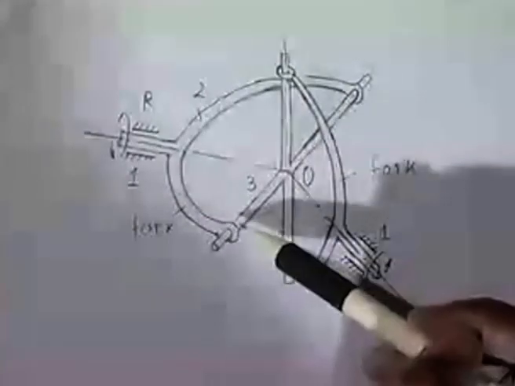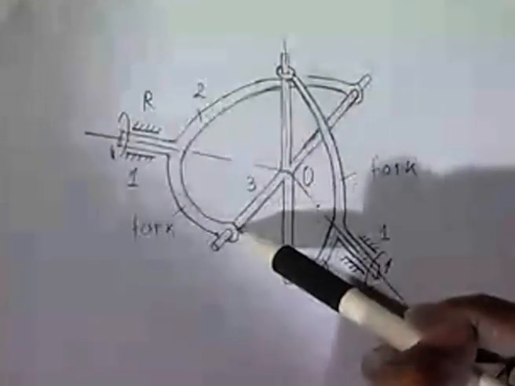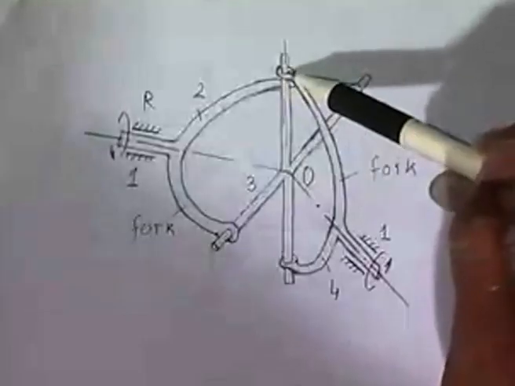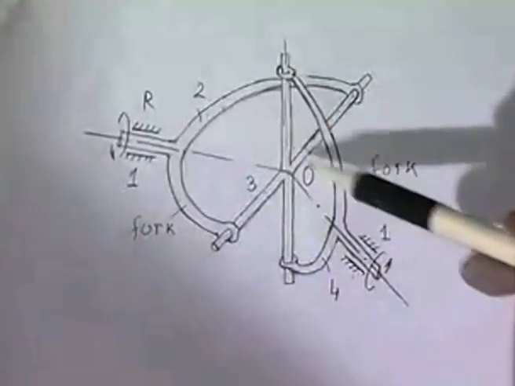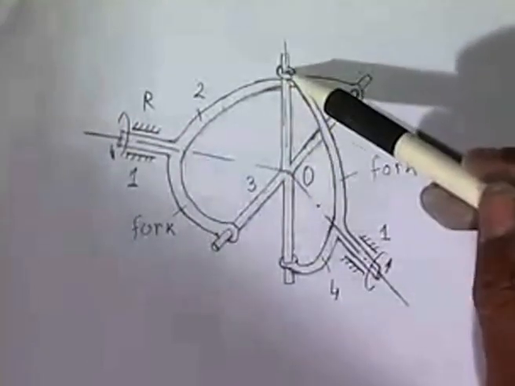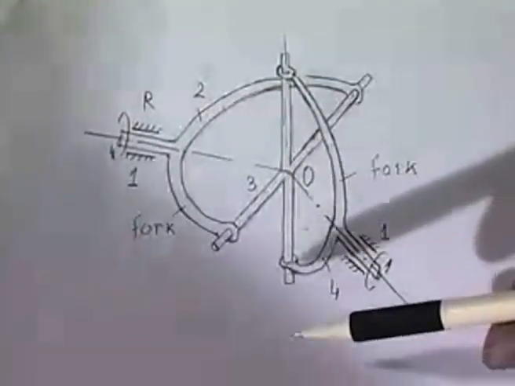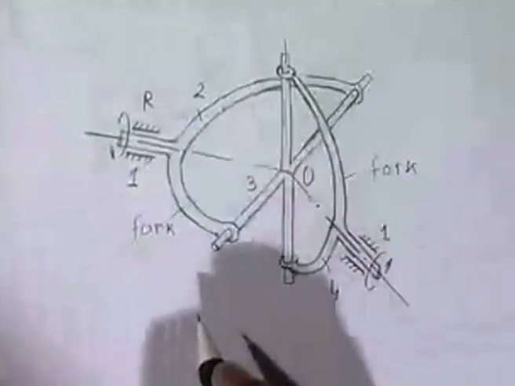These two revolute pairs kinematically are equivalent. I can take any one of them. Similarly, these two revolute pairs are kinematically equivalent. They are connecting the same two links and the axis is the same, so they are kinematically equivalent to one revolute pair. So this is also a